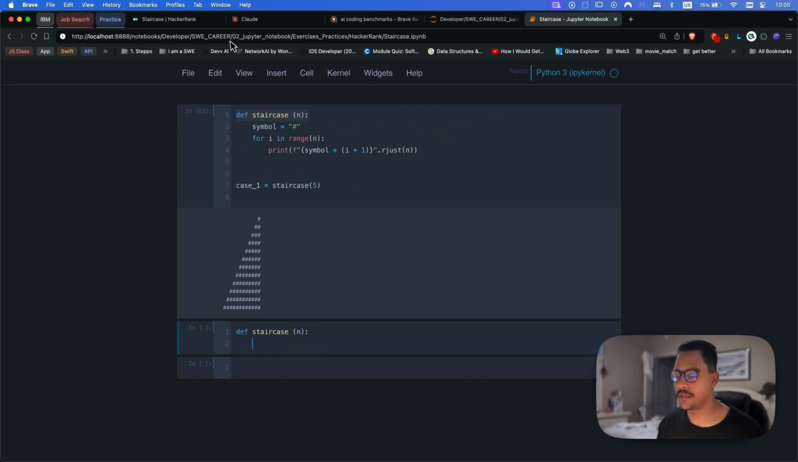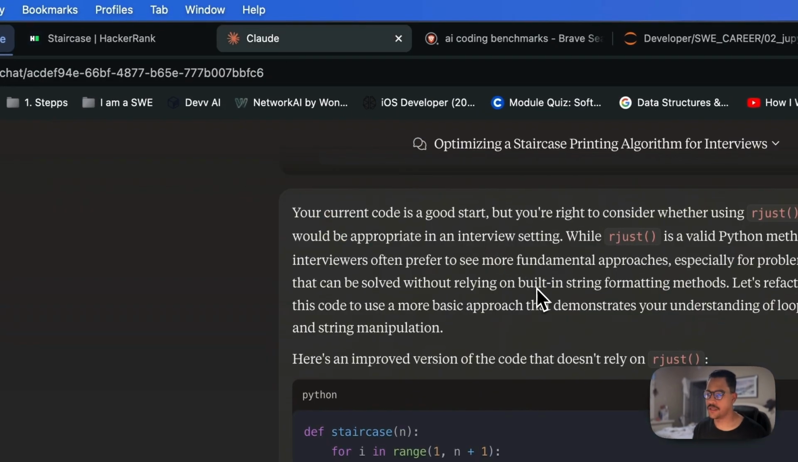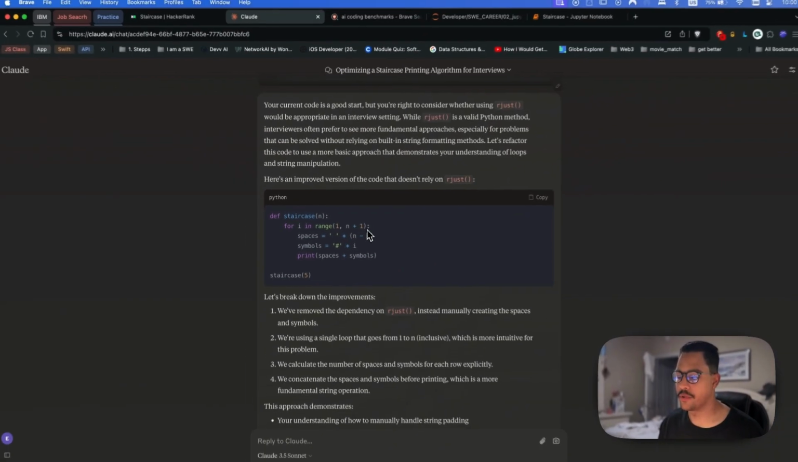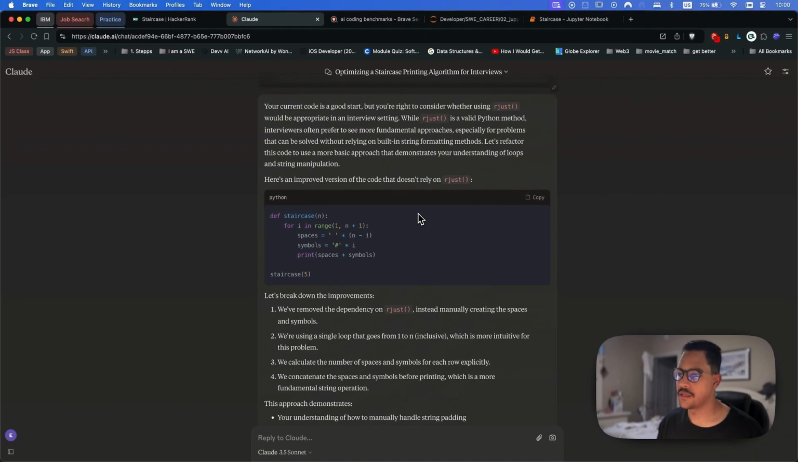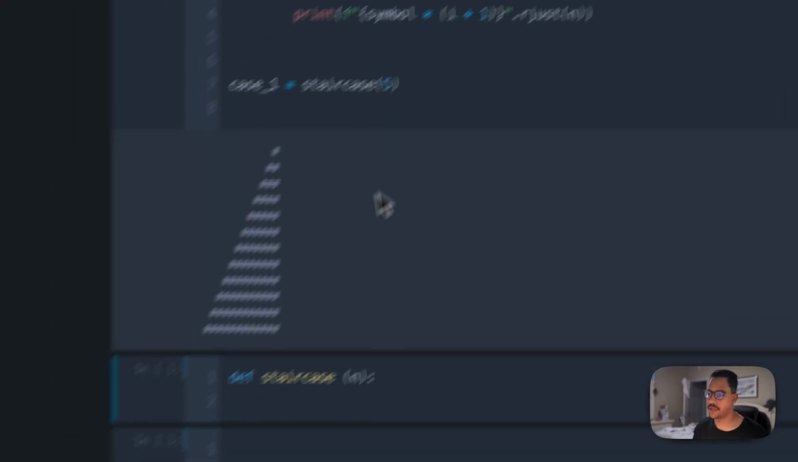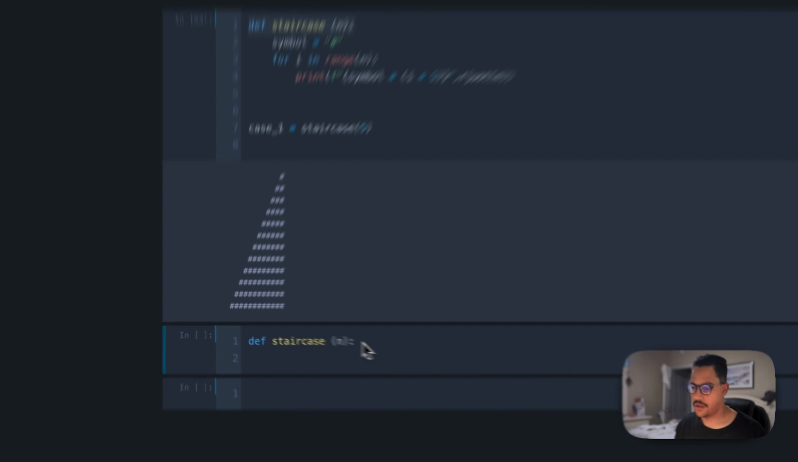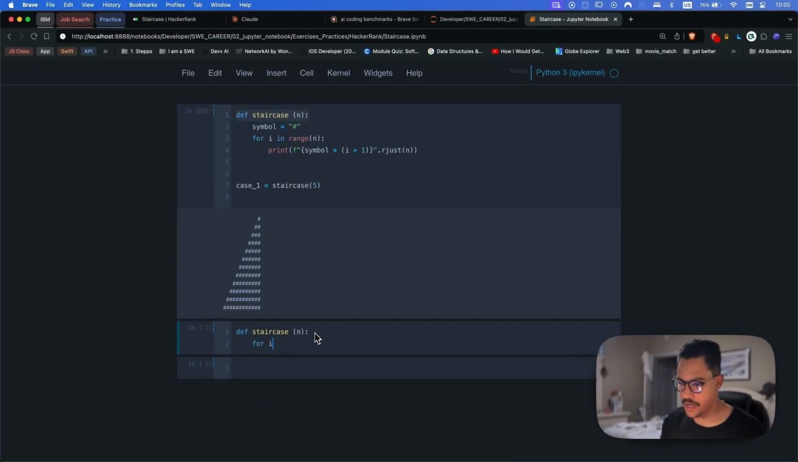So what Claude is saying is basically just go ahead and get the loop, print the spaces based on n and the symbols based on i, and then print. So for every item in the range of 1 to n plus 1,